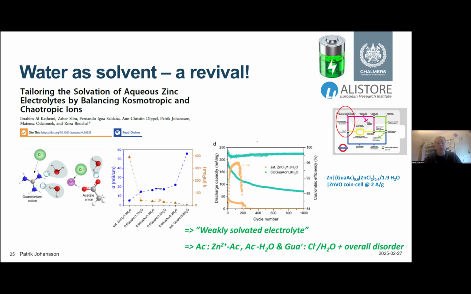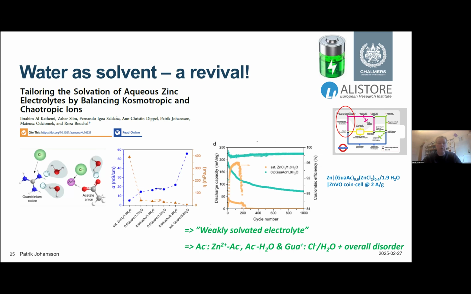This is a very recent paper together with a former postdoc of mine, Rosa, who's now working at Max Planck in Germany, in Golm, where we start to look at zinc electrolytes and playing the game of cosmotropic and chaotropic ions. Cosmotropic and chaotropic basically mean structure-creating or structure-destroying ions. And what we're playing with here is that the acetate can create a good environment around it. So that's an anion that is cosmotropic. And then we're adding into the system a guanidinium cation, which is chaotropic and actually creates disorder. And it also